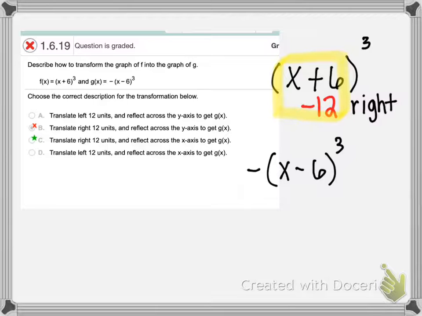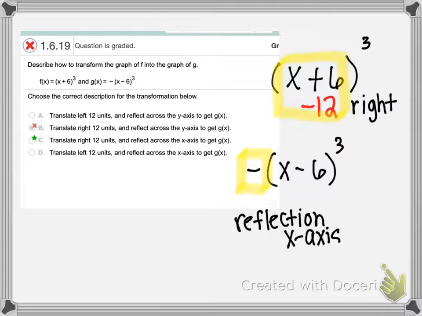And then we have this negative on the outside. Now, the negative on the outside is a reflection. Now the key is, what reflection is it? If it's on the outside of the function, then it is always a reflection over the x-axis. If the negative is on the inside with the function, with the x, then it's a reflection over the y. So that's just a key thing to remember: negative on the outside is a reflection over the x-axis,